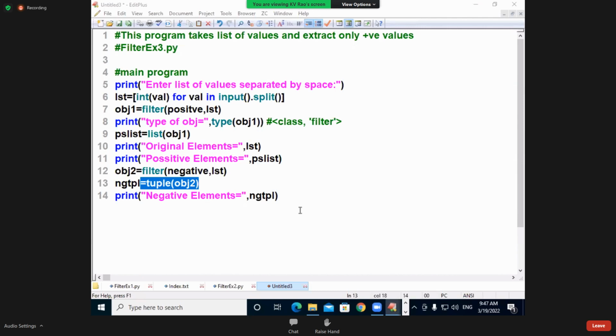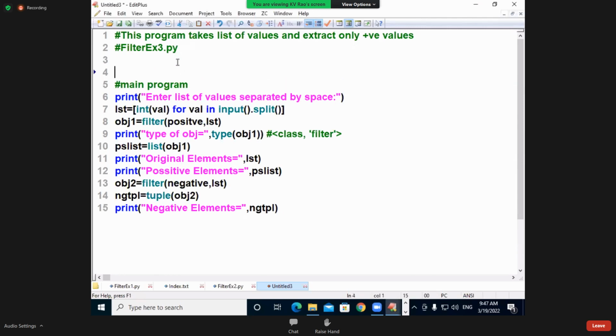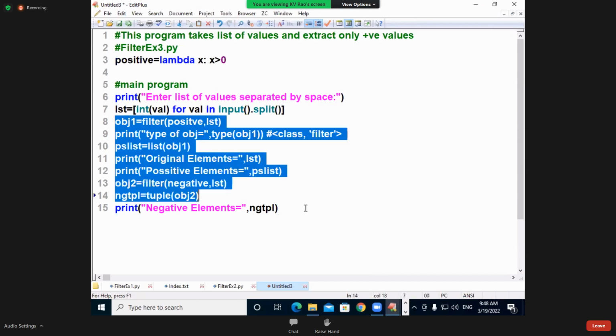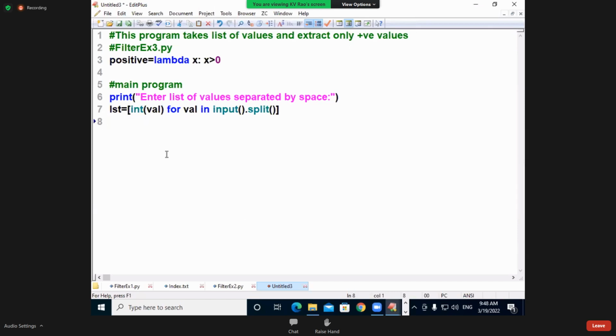Yes. So let us go to the next, the same program with anonymous functions. I say positive is equal to lambda x colon x greater than 0. That's it. Easy. I will take care of this. Remove. I got my list. Directly, PS list is equal to list of filter of